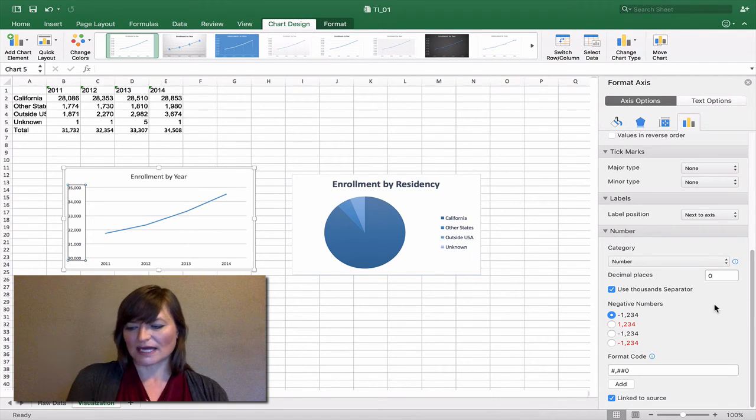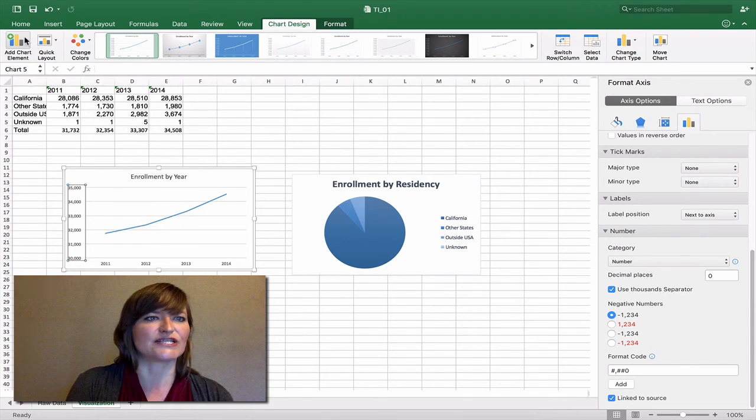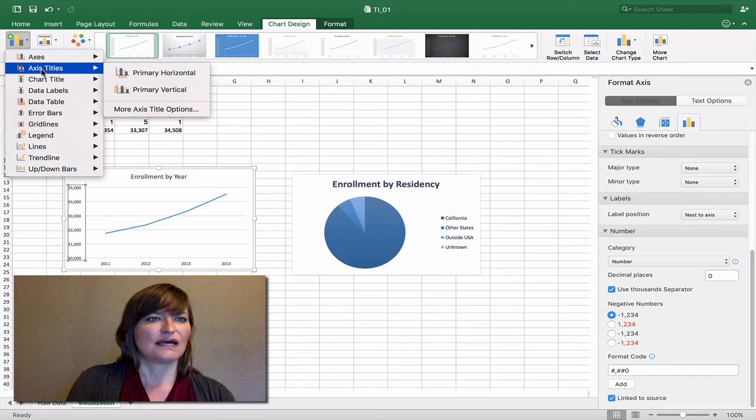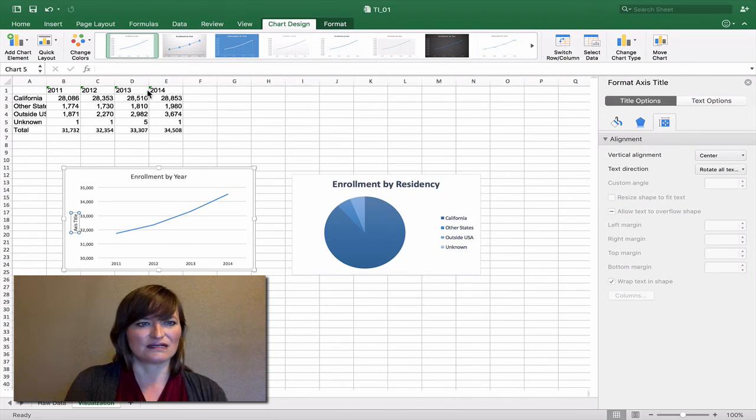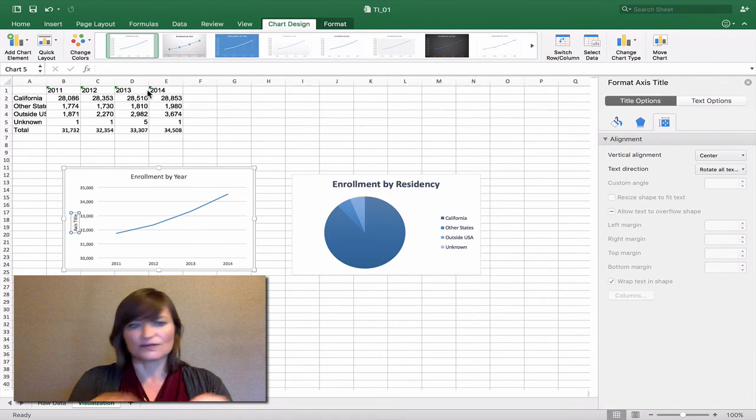So let's go ahead and add a title. We're going to come back up to the Add Chart Element, and under the Axis Titles, we're going to say, give us a primary vertical title. So what would be an appropriate title in this case? What is that data, the 32,000, 33,000, 34,000? Oh, it's the number of students, isn't it?